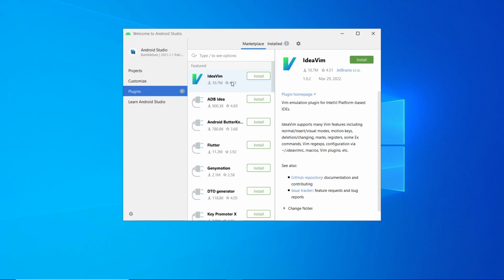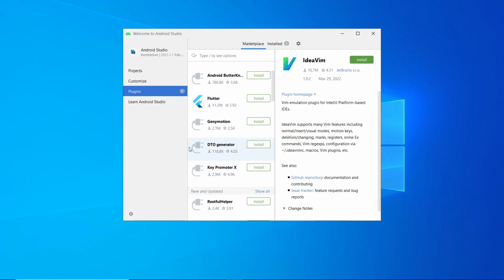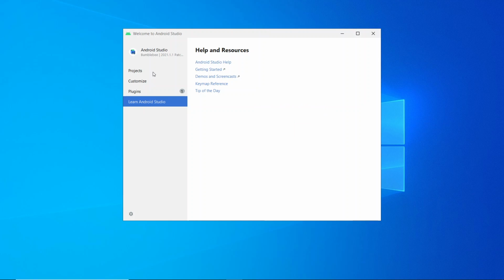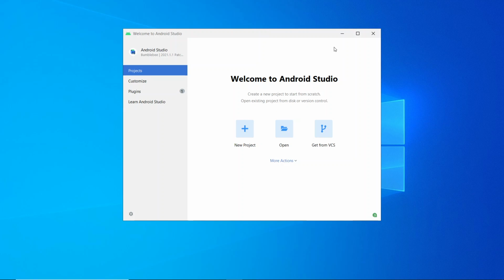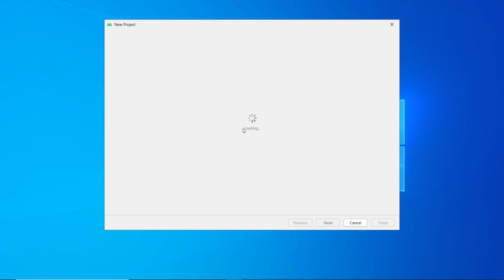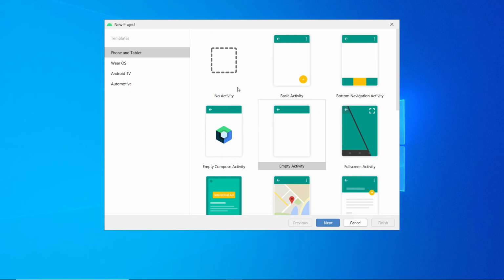Here, if you want to install new plugins, you can install them over here, like Flutter. There are a few more other things, but for now we'll keep it as it is. So, projects. Now click on New Project,